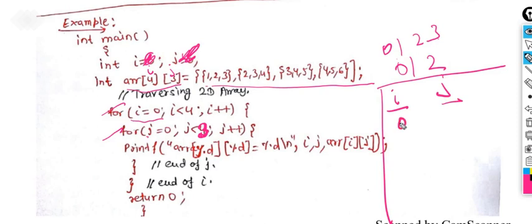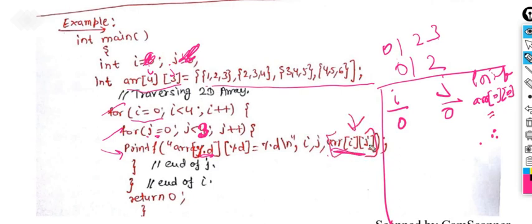First the i value is 0, and what will the printf function I'm writing here do? For i value 0, it comes to the next for loop. The j value is also 0 here. Now the condition is true for both, that's why we come inside the loop. Now what will it print? Percent d, the array value, whatever the i, j value is. It will print array 0, 0, and after the equals sign, the value of that particular array variable. Our array is at 0, 0. What is the value? 1. So it will print 1 here.